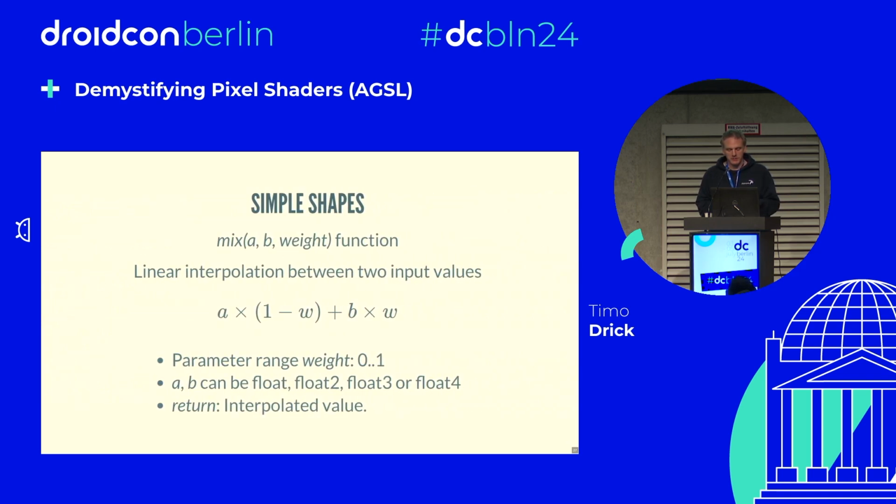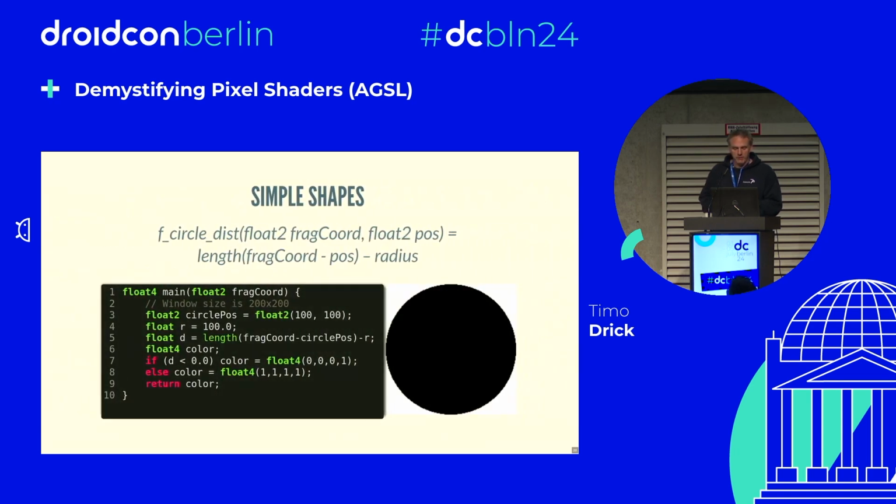Also, we need the mix function, and this function is very simple. It just does a linear interpolation between two values, value A and B. And the third parameter, the weight, is also a parameter between 0 and 1, and there you can define how much you want from A and how much from B, and it will just linearly interpolate between them. The smoothstep is not linear, but this mix function is linear. And now back to our code. So when we now build in the smoothstep function,